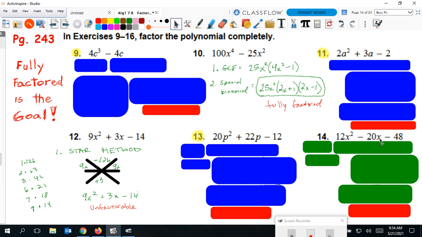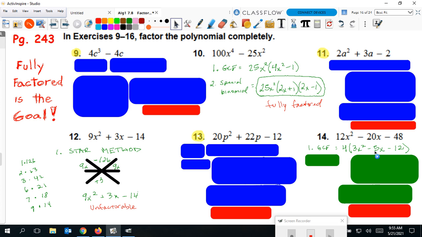Let's look at number 14. Another trinomial. Again, first thing we want to look for is GCF, and there is one right here. They're all even, 12, 20, and 48, so 2 can come out. But even bigger, 4 can go into all of these numbers as well. 4 goes into 12, 20, and 48, so 4 can come out. So we want to factor out a 4. GCF is the greatest common factor, not just a common factor, but the greatest one. So when you divide everything here by 4, you get 3x squared minus 5x minus 12,